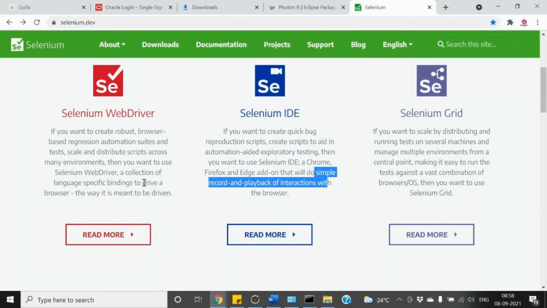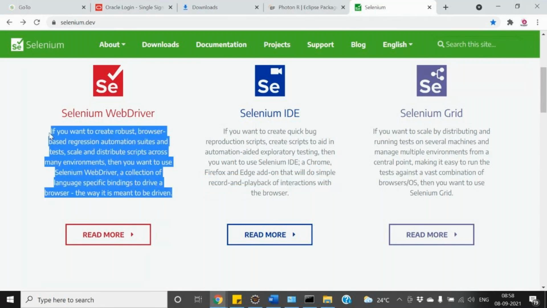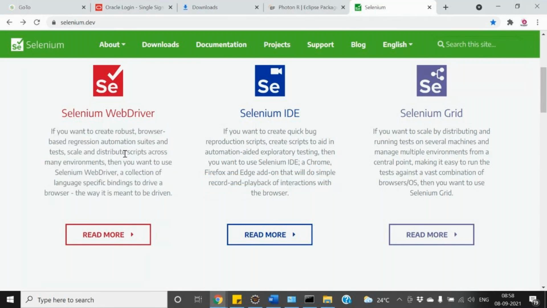Selenium WebDriver is something fantastic to use, and this is what is used in all the industry. If you want to create a robust browser-based regression automation suite, and test, scale, and distribute scripts across many environments, then you want to use Selenium WebDriver.